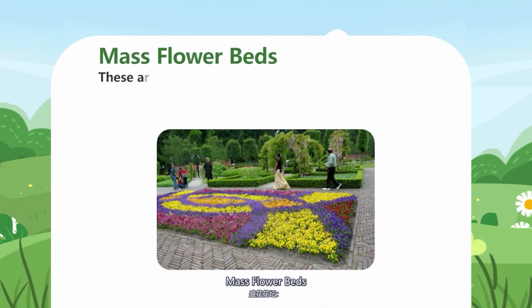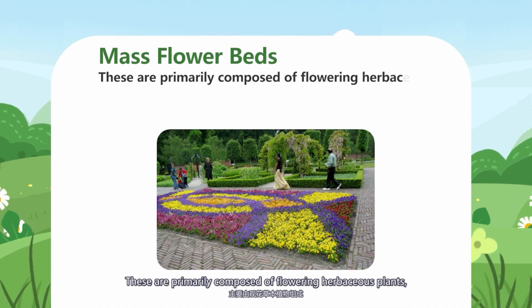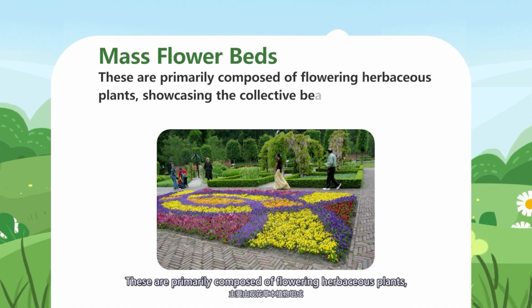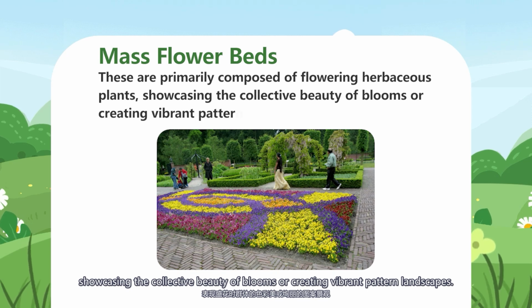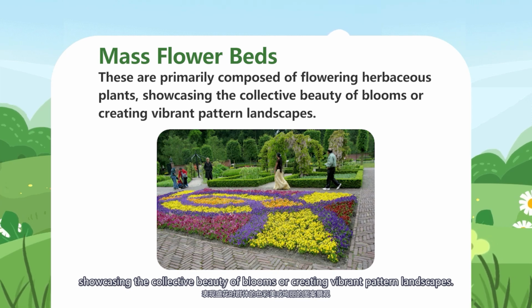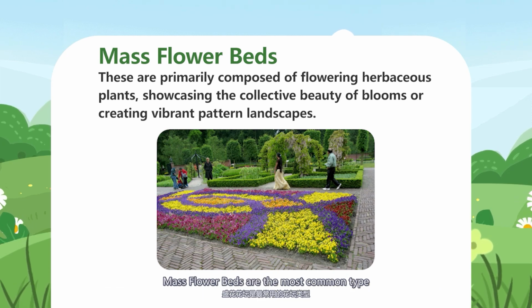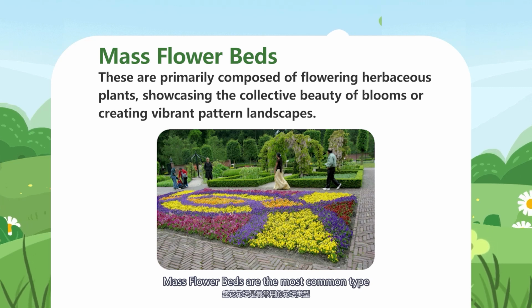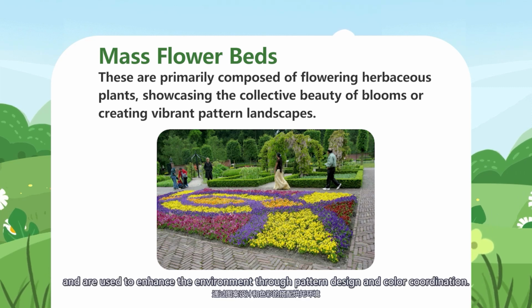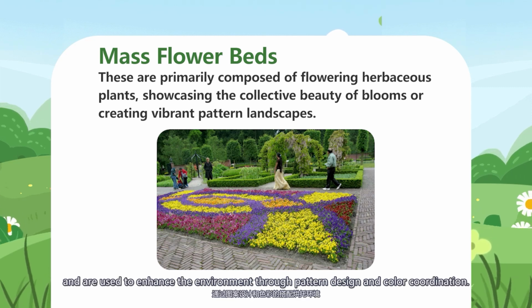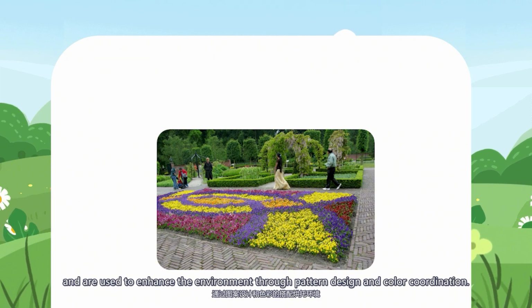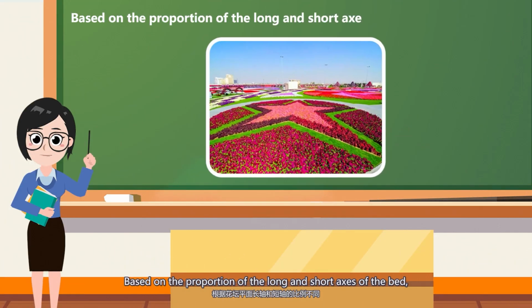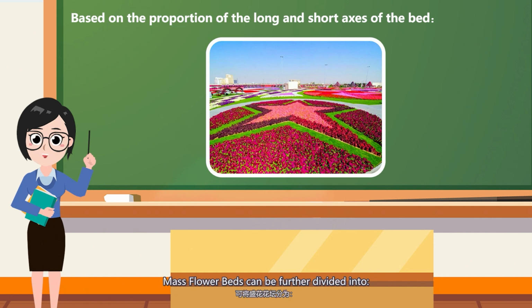Mass flower beds. These are primarily composed of flowering herbaceous plants, showcasing the collective beauty of blooms or creating vibrant pattern landscapes. Mass flower beds are the most common type, and are used to enhance the environment through pattern design and color coordination. Based on the proportion of the long and short axes of the bed, mass flower beds can be further divided into